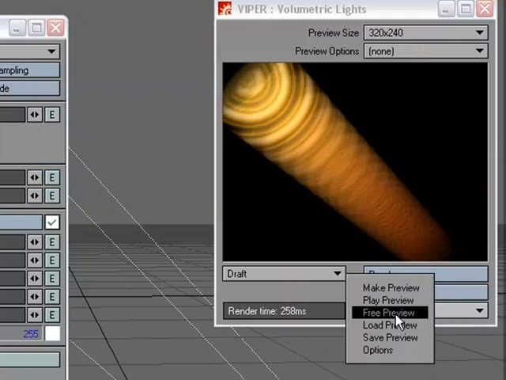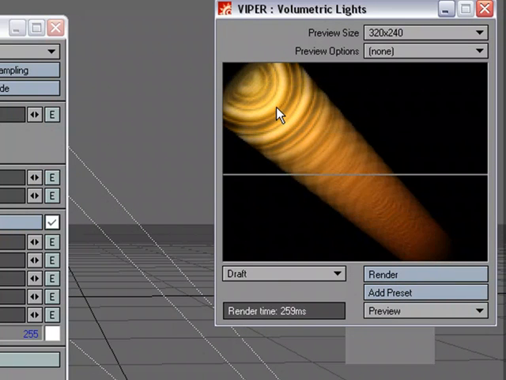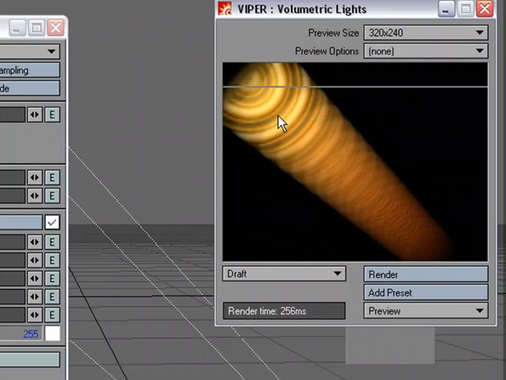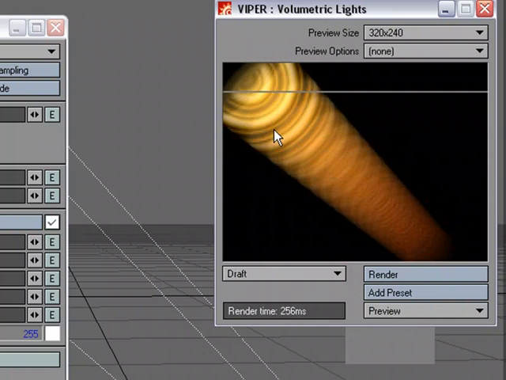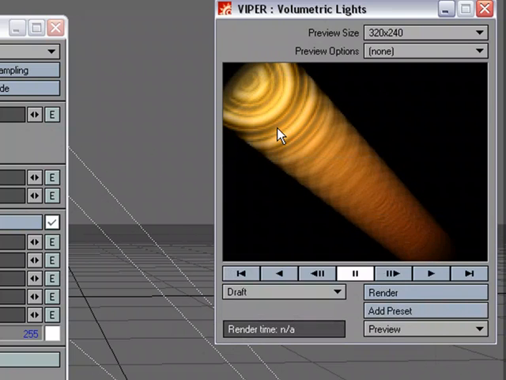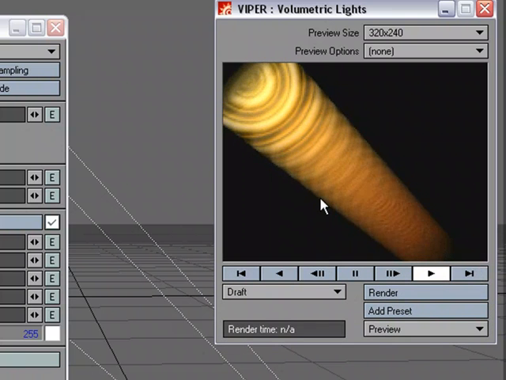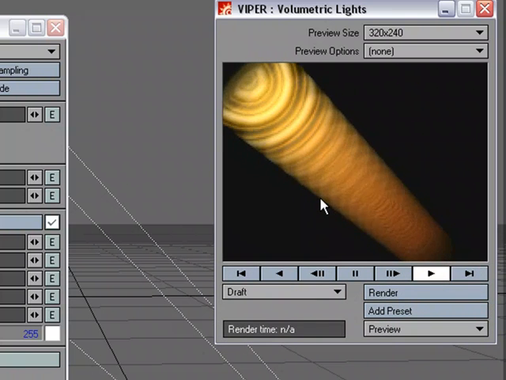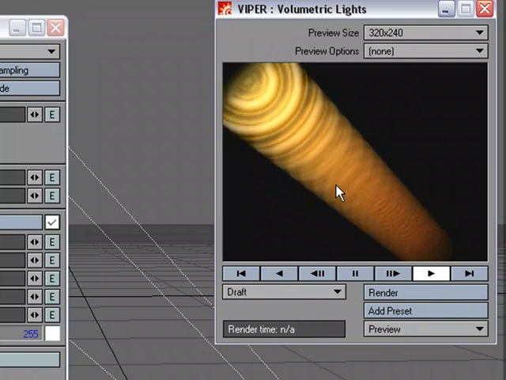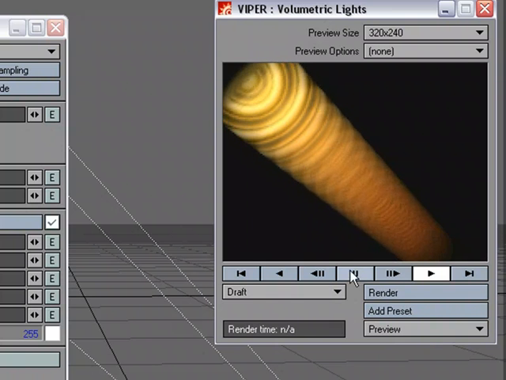And now I'm going to do my preview, and we can see that it's almost like some kind of sci-fi tractor beam. They're going to abduct somebody with this. So with just a simple procedural texture applied to the volumetric light and a gradient so we can get some nice color, we've now got this little beam that's shooting down. Okay, and we could control the look of it however we want using procedural textures, and of course by changing some of our values here. Now I'm going to go ahead and pause that,